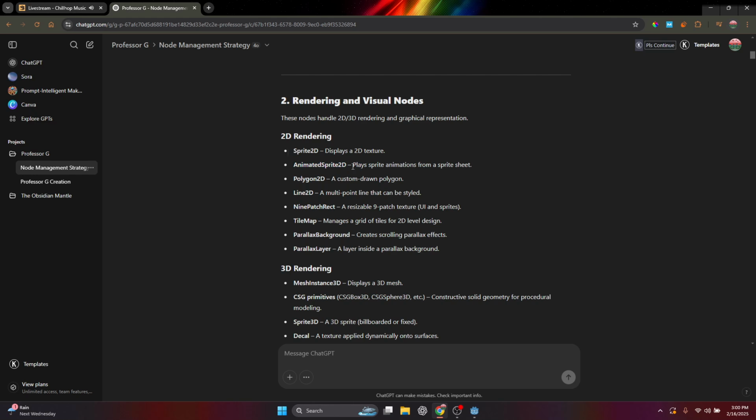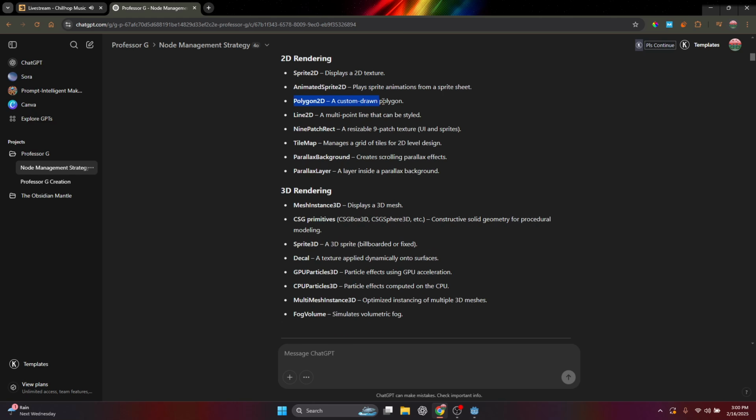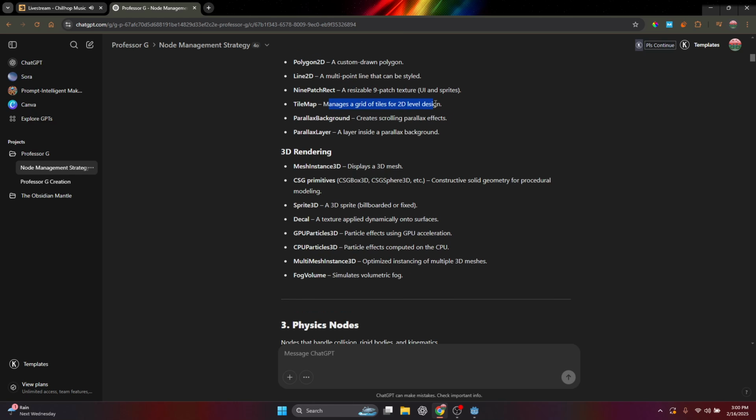Animated Sprite 2D plays animations from a sprite sheet. This would be fun to play with. Polygon 2D, a custom drawn polygon, Line 2D, multi-point that can be styled, NinePatchRect, resizable 9-patch texture. TileMap, it's simple enough to understand, manages a grid of tiles for 2D level design, ParallaxBackground, and